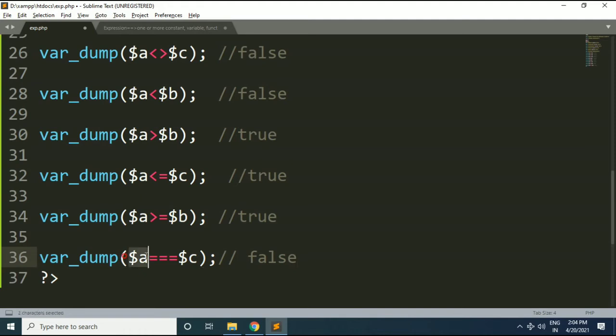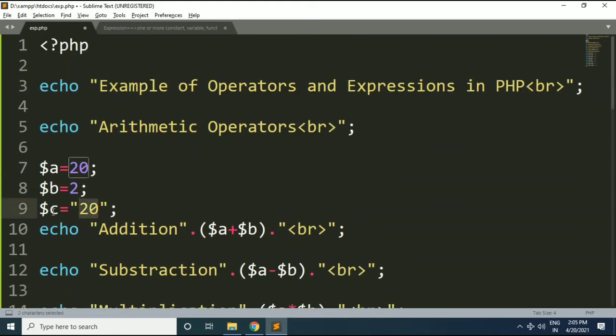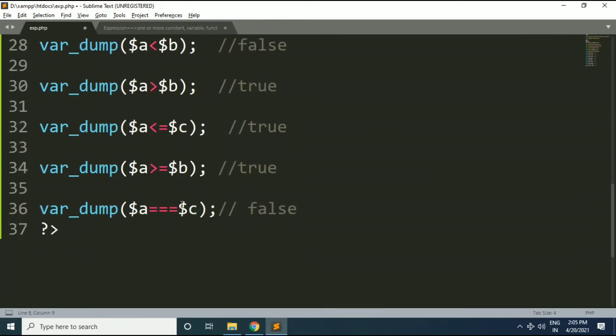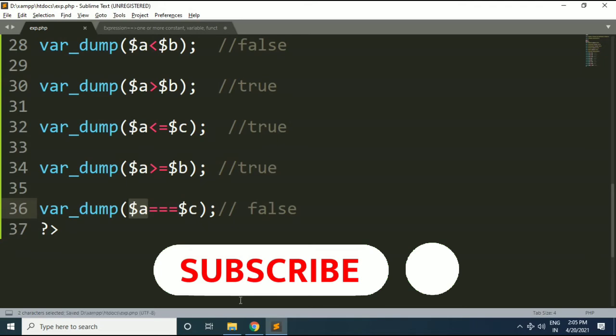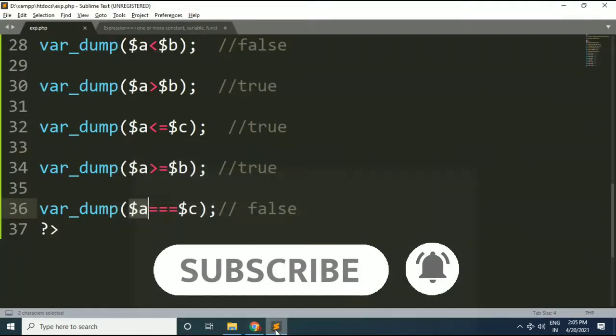Because A has value 20 and data type integer, C has value 20, but its data type is string. The strictly equal to operator checks the data type as well as the value. When both are equal, then and only then will it result in true, otherwise false. I will save this file, and if we see its output, it is false.